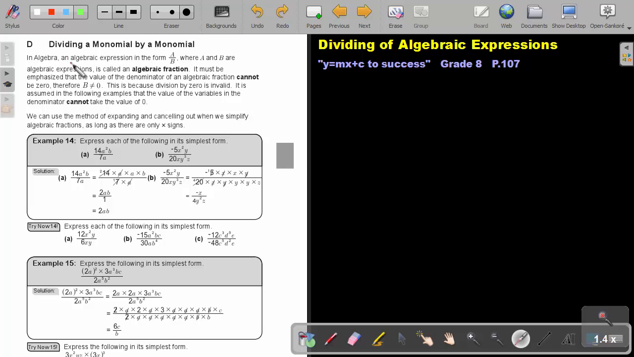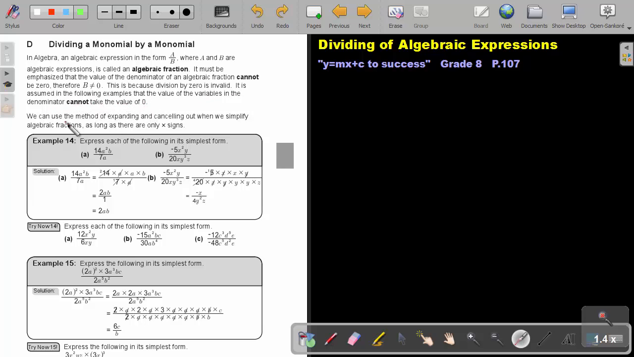In algebra, an algebraic expression in the form a over b, where a and b are algebraic expressions, is called an algebraic fraction. It must be emphasized that the value of the denominator of an algebraic fraction cannot be 0. Therefore, b cannot be equal to 0. This is because division by 0 is invalid, undefined. It is assumed in the following examples that the value of the variables in the denominator cannot take the value